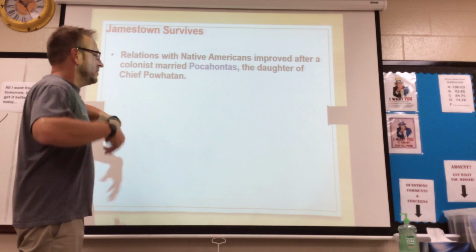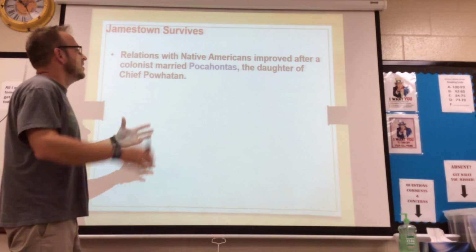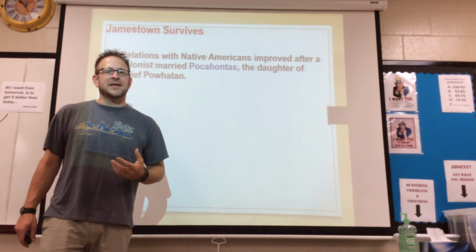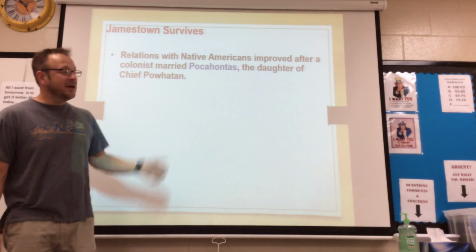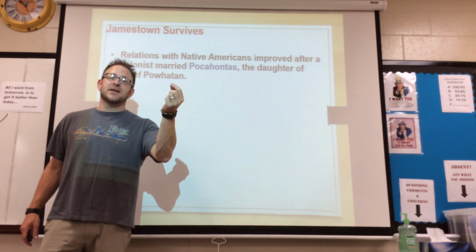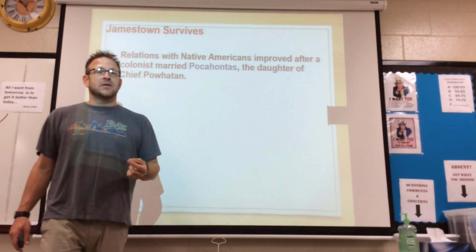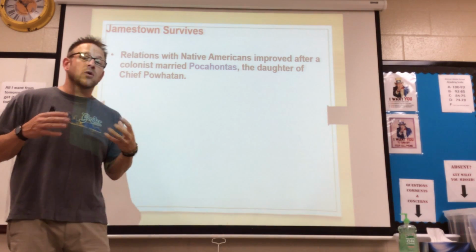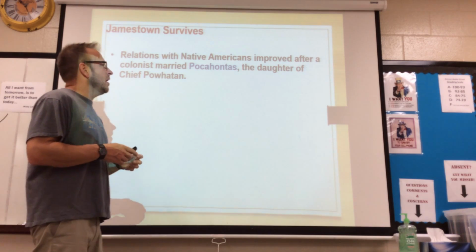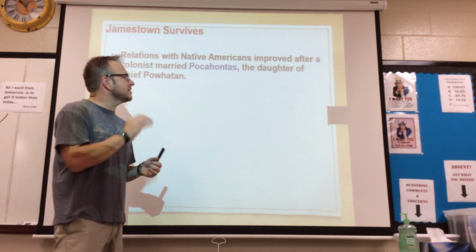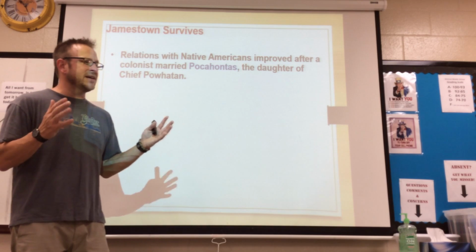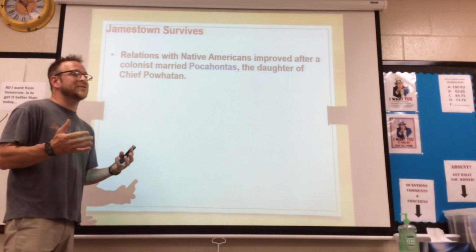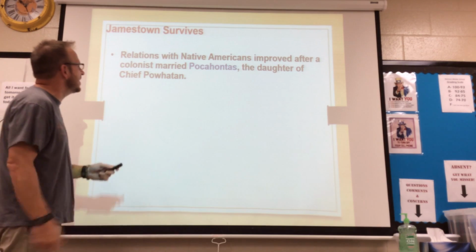Now, with this growth of tobacco and the things turning around, he also marries Pocahontas. Now, I used the example in class. If I'm the chief, somebody marries my daughter, I'm going to do my best to help take care of her and that family. Well, it kind of changed relations a little bit. The Native Americans became a little more cooperative and traded more with them. One issue that the Native Americans had throughout the time was they wanted guns. They wanted these guns that the colonists had. The colonists would not trade with them, so there was always a little tension because of that.